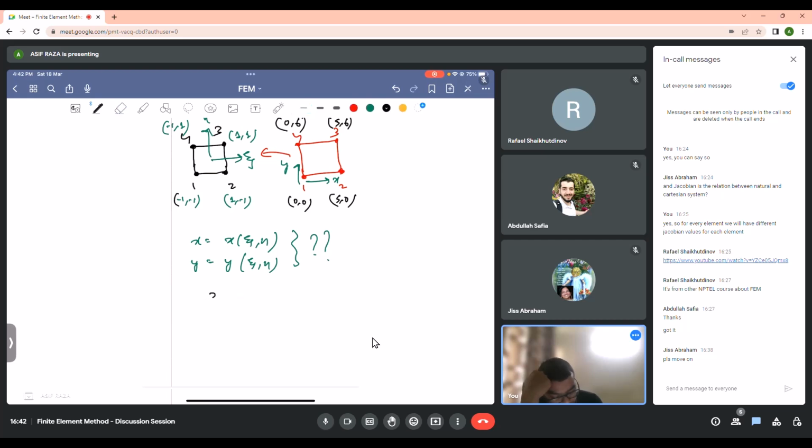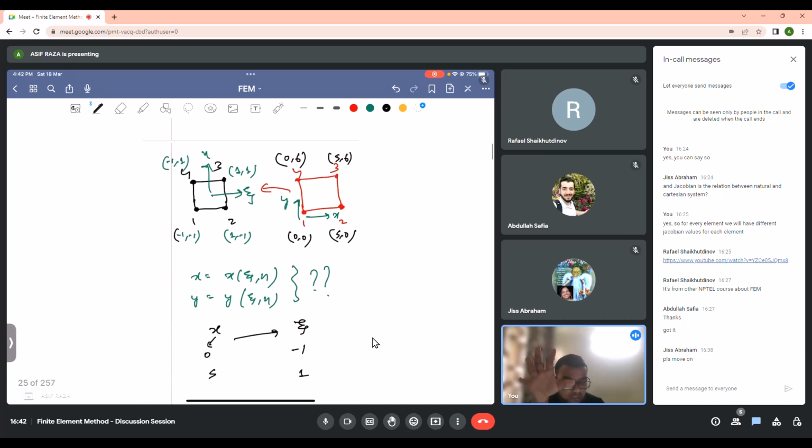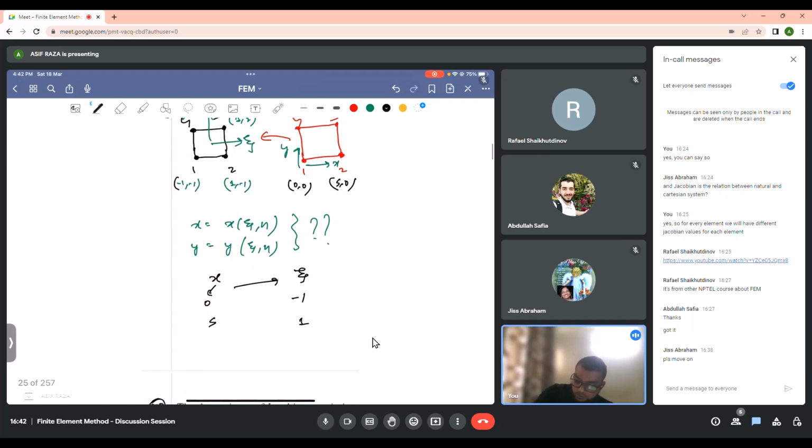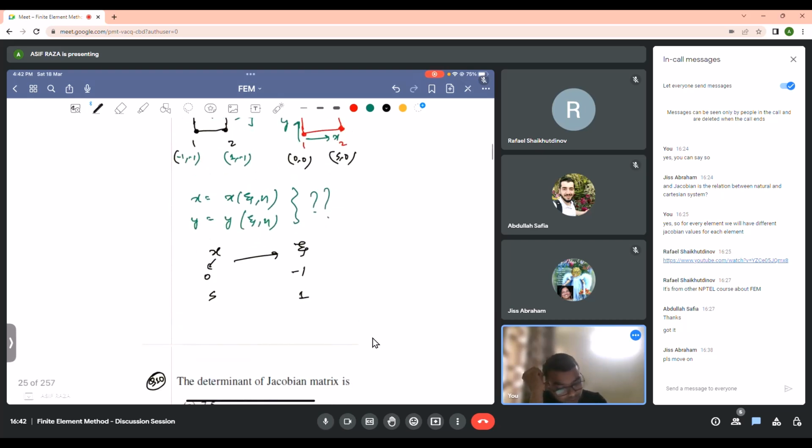When I have x value as 0, we are having the xi value as minus 1, and when we are having x value as 5, we are having xi value as 1, right? And our coordinate system is completely aligned, like xi eta, it's completely aligned. So with this we can directly say,